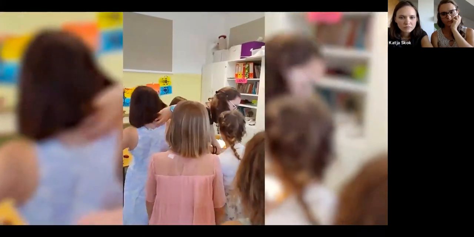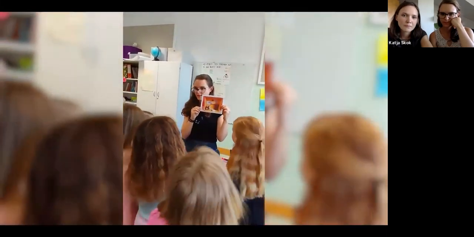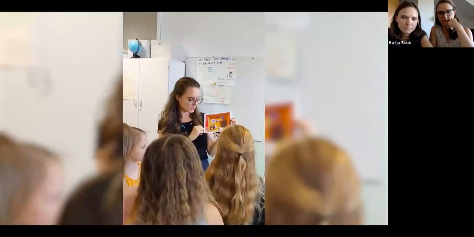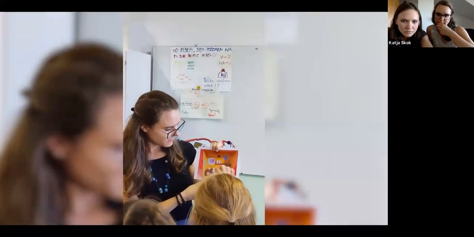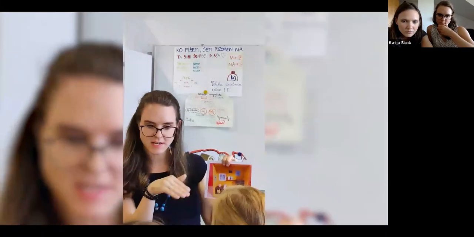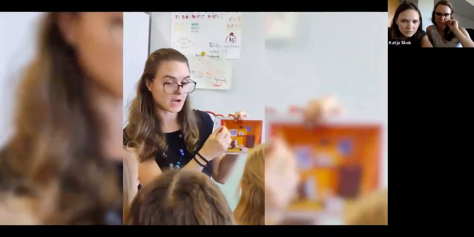Then we looked at the picture that most of the children picked, which is also the one that we would use for setting our assessment criteria. This room was full of furniture and things and objects and details. You can clearly see what it represents, that it is a room.